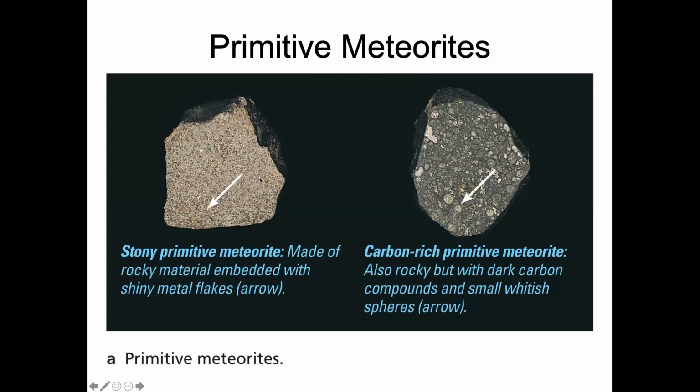There's no real rhyme or reason to them in this stony one. In the carbon-rich one, it sort of looks like there are these little droplets of material, small things that maybe hit the meteoroid when it was still accreting stuff. So as it's orbiting around the sun, really small droplets of things hit it and they splatter out. That's what we're looking at here.